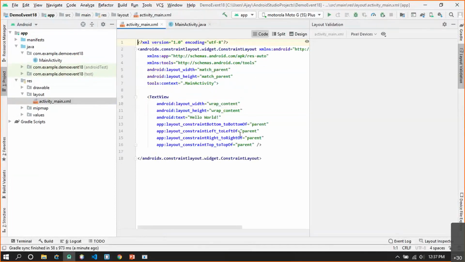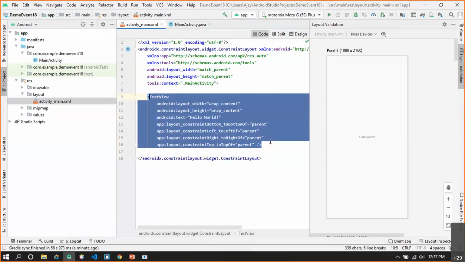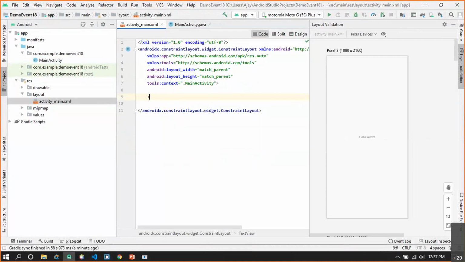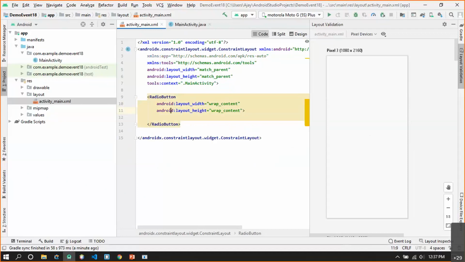Now in order to see the radio buttons in action, we have to add the corresponding XML element for the radio button. So we'll simply create one radio button with width and height as wrap content. For this radio button, the most common example is gender, so please select the gender.